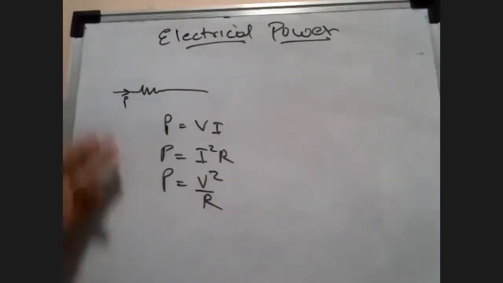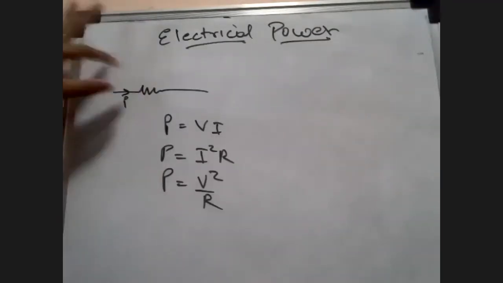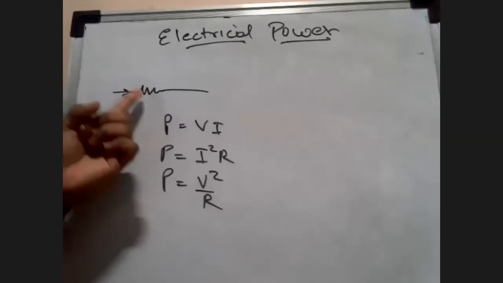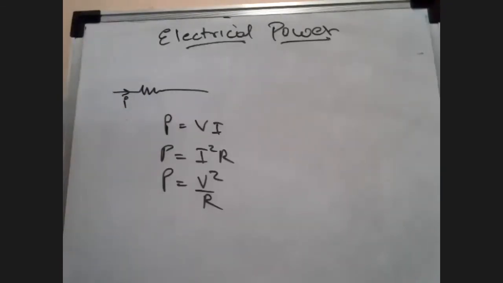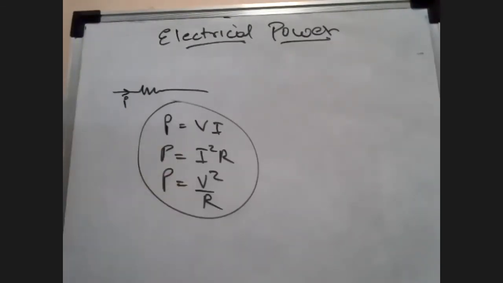In a resistive circuit, this means that the energy is being liberated. A resistor does not capture any amount of charge or anything; it liberates energy in the form of heat. The energy liberated per second by a device like a resistor is called power. Or you can say the power consumed by a resistor is P equal to VI, equal to I square R, or equal to V square by R.